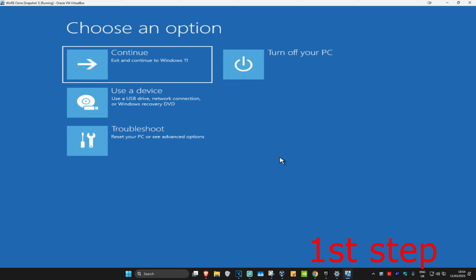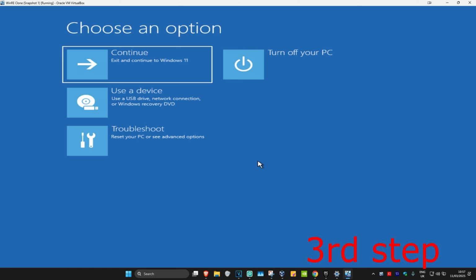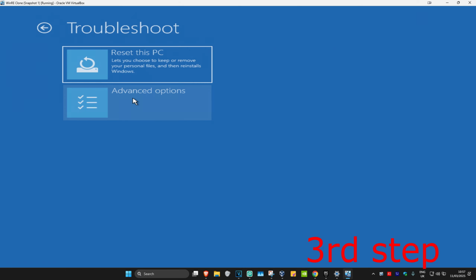Repeat this 3 times, and then on the 4th time when it turns on, it will take you into this screen. It's going to say that your PC did not start correctly. You want to click on Advanced Options. And then once you're on this, for the next step, you want to click on Troubleshoot, Advanced Options, and then